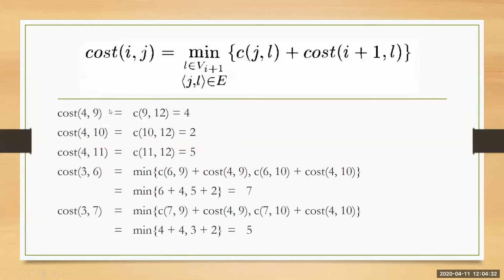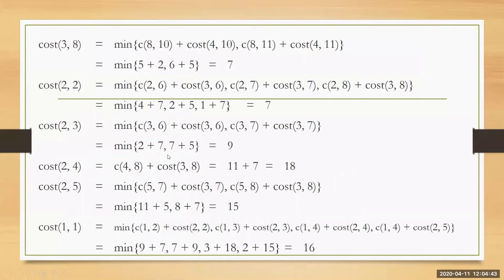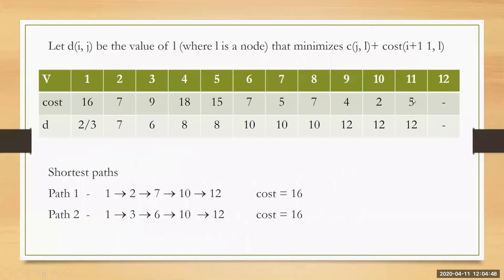Okay. Now, from 9 to which destination are you reaching? You are reaching to 12. From 10 which destination? It is also 12. From 11 which destination are you reaching? It is also 12. So based on this, you have to fill this. So 9, 10 and 11, the cost is 4, 2 and 5. To which destination are you reaching? You are reaching to 12. So like this, you have to fill the 9, 10 and 11 columns accordingly. Okay. And 12 is left blank because we are not calculating any cost for vertex number 12.